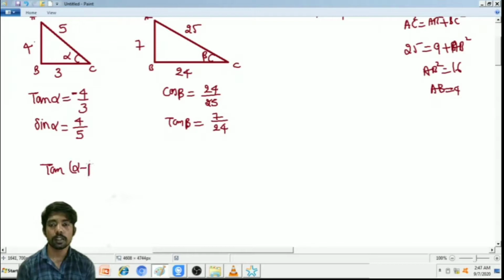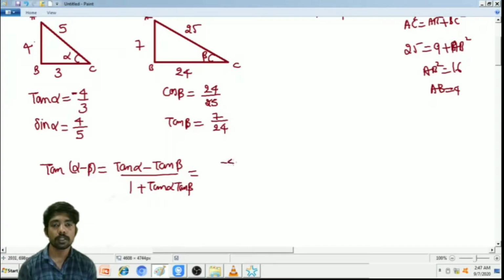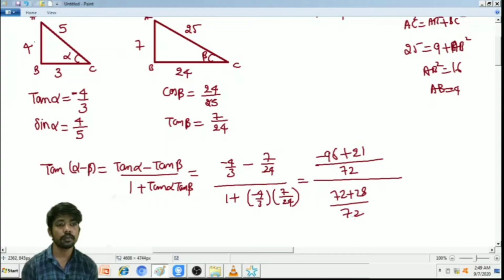Tan of alpha minus beta is equal to, we have the formula tan alpha minus tan beta by 1 plus tan alpha tan beta. We have tan alpha as minus 4 by 3, minus tan beta value 7 by 24, by 1 plus tan alpha, minus 4 by 3, into 7 by 24. From here we can calculate 72. From here 72 gets cancelled,